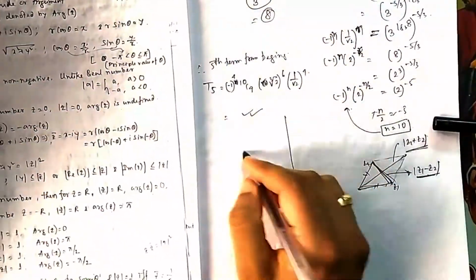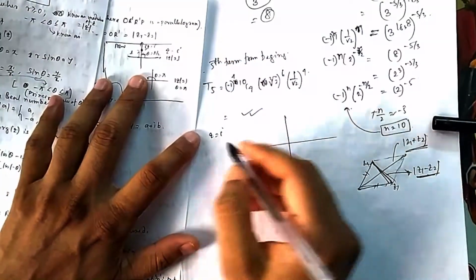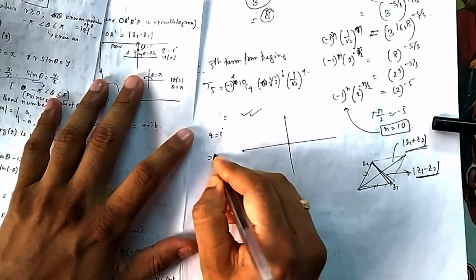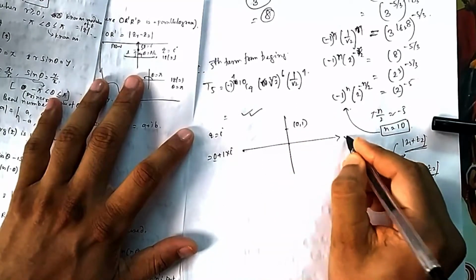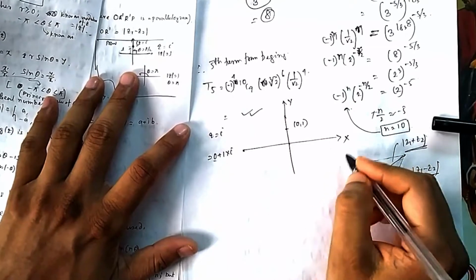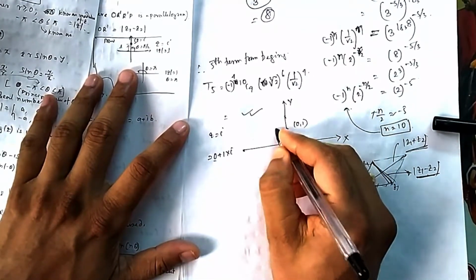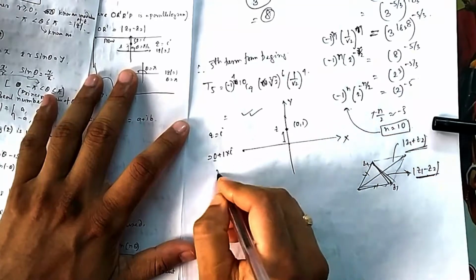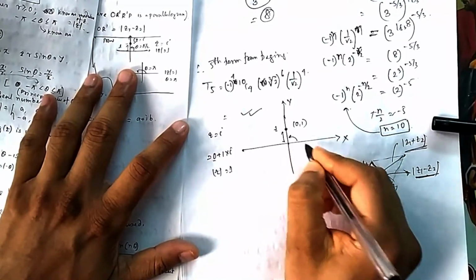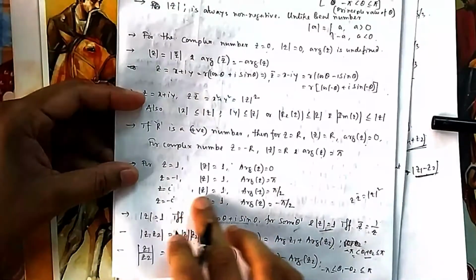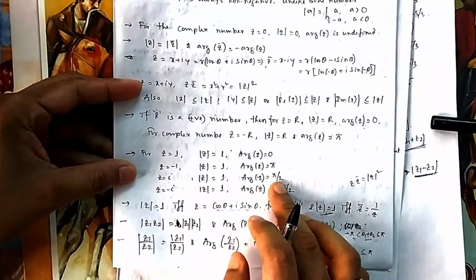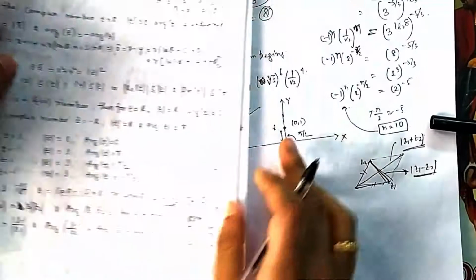Okay, now if you know this, what we have studied before, what is the Z, the argument, all this, now you can easily visualize it because this is my complex number. Now if I say Z is equal to i, where will it lie? Z equal to i means the real part is 0, so 0 plus 1 into i. So real is 0, imaginary is 1, so this represents 0, 1 in my coordinate geometry or Argand plane. So this is the Z now. What is its modulus? Your length is 1, so mod Z is 1, and its argument from this side is 90 degrees. So you can see here, in case of Z equal to i, what we have studied, mod Z is 1, argument Z is pi by 2. We have done it during algebra, but from here also you can feel it.